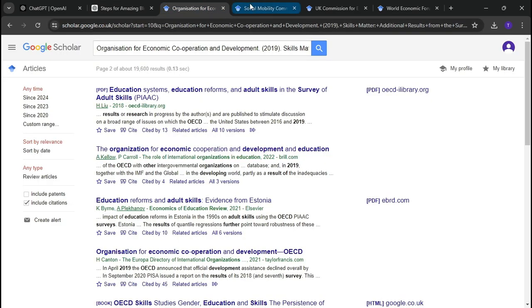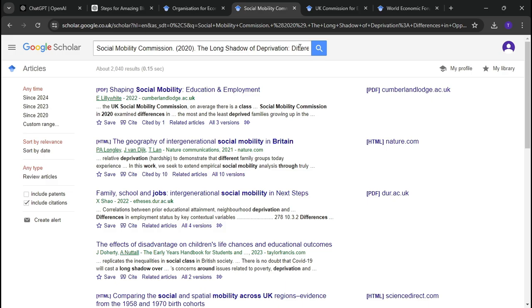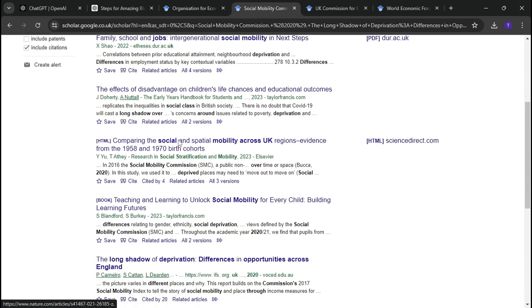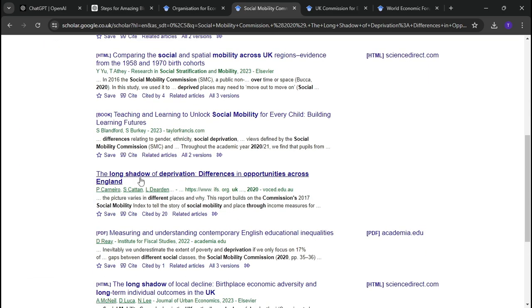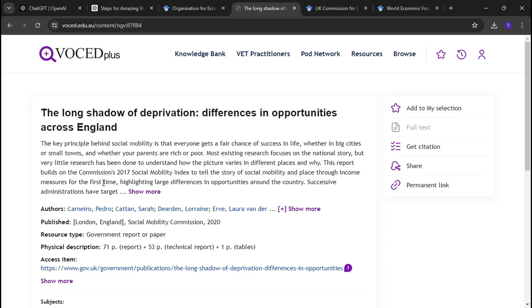This is the one, the long shadow of deprivation. You have to go quite a long way down to find the right document. You find the document and you can go to it. And there you go. There's the document, so you can check it and see whether it's there. But clearly, those citations are not 100% right.